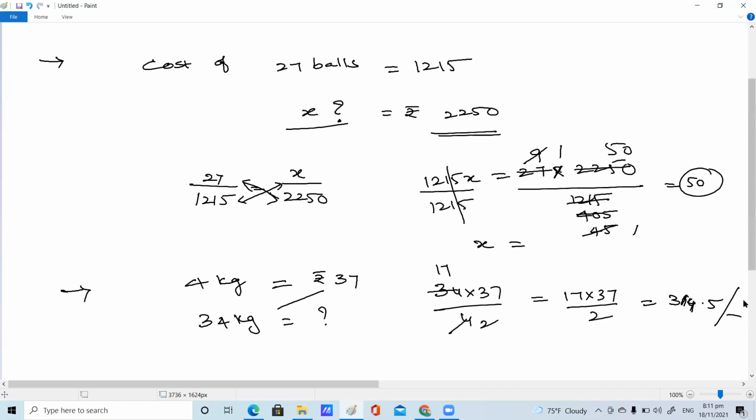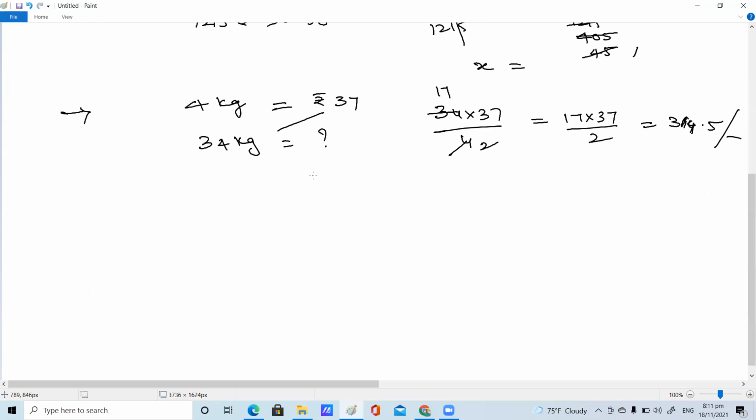How many oranges can be bought for rupees 420 at the rate of 105 per dozen? Suppose 1 dozen means how many quantity, children? 1 dozen means 12. How many oranges can be bought for rupees 420 if 105 is the price? How many oranges will your parents buy for you? Just practical examples I'm giving, not taking from the textbook. Some general questions. 1 dozen oranges cost rupees 105. I have rupees 420. How many oranges can I purchase with that 420 rupees?